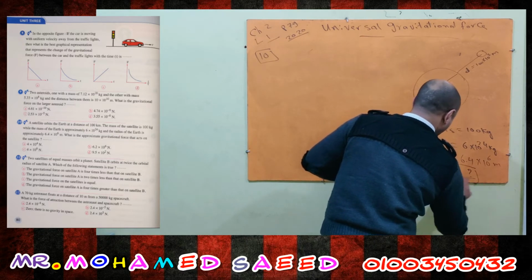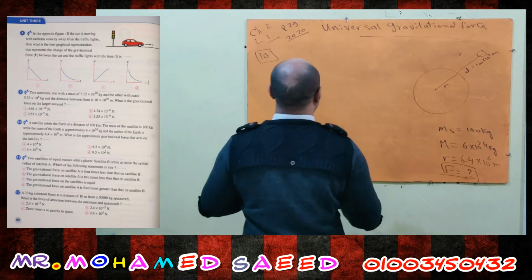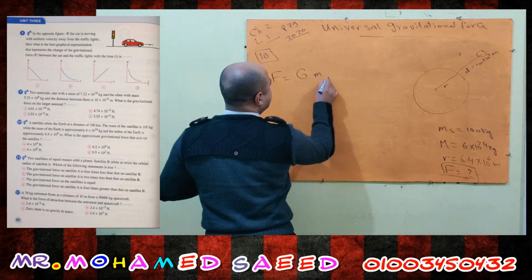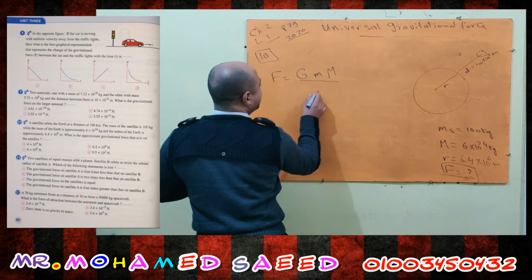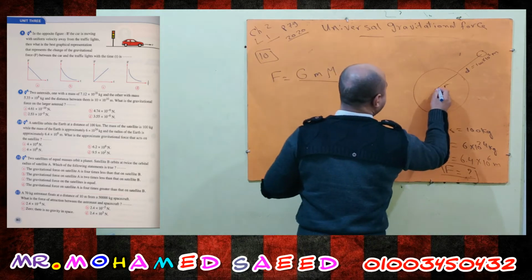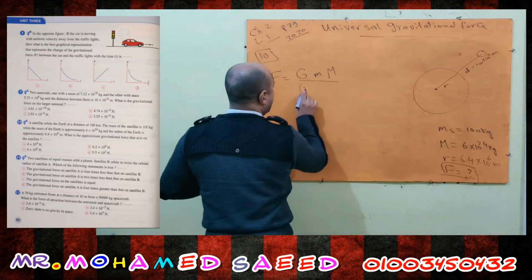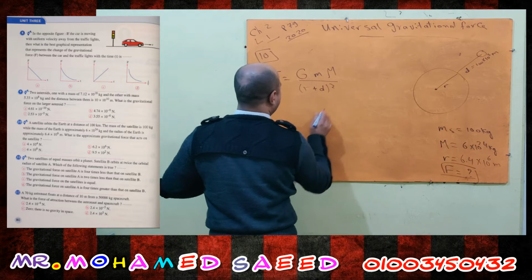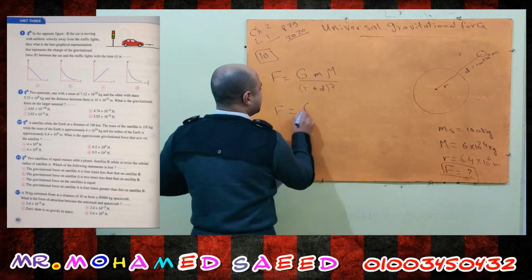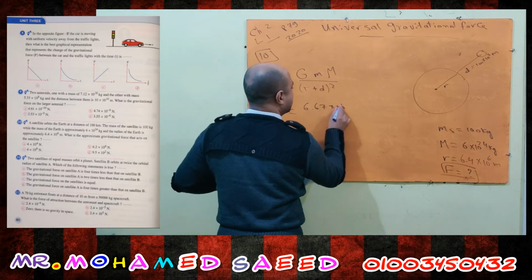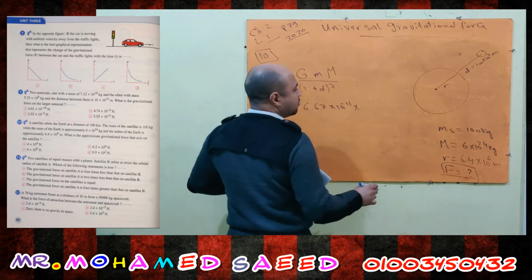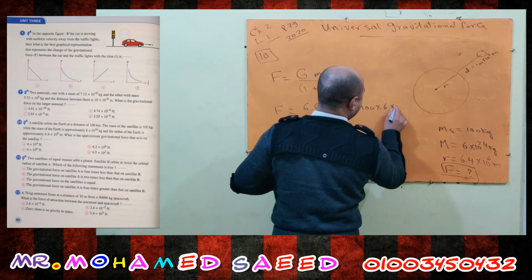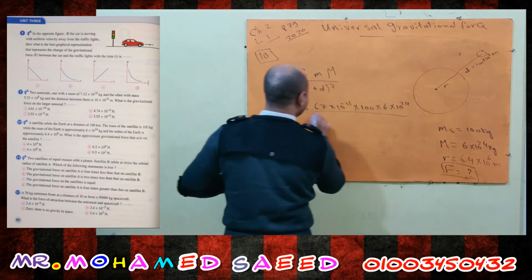Okay, it is a mutual force between the Earth and the satellite. So F equals G capital, M satellite, M of the Earth over the distance between the center of the Earth and the satellite, so R, the radius of the Earth, plus D, all to the power 2. Substitute G 6.67 times 10 to the power negative 11, times mass of the satellite 100, times mass of the Earth 6 times 10 to the power 24 over